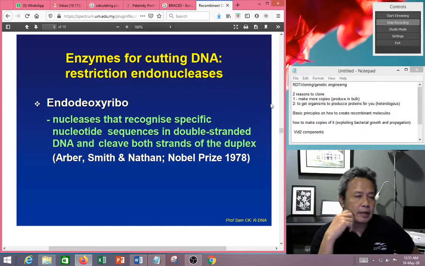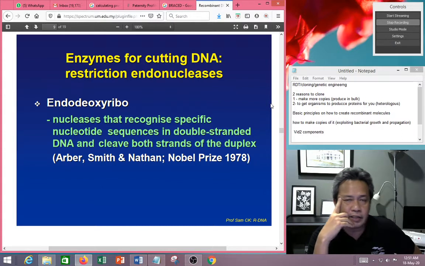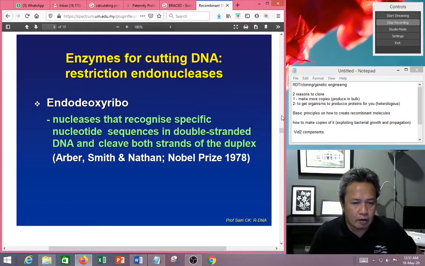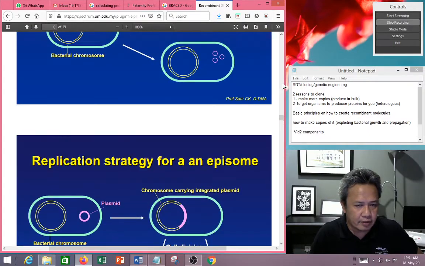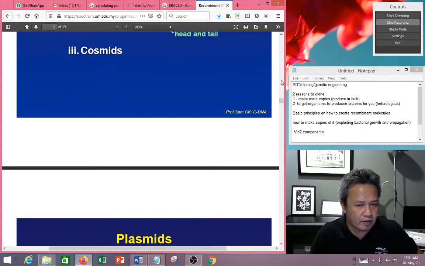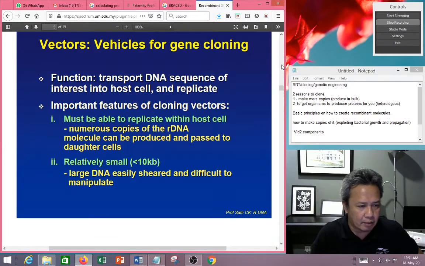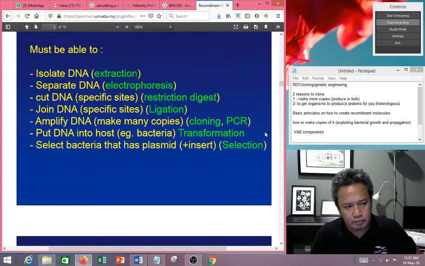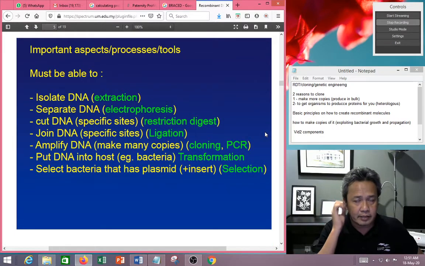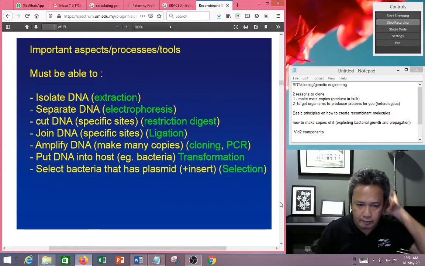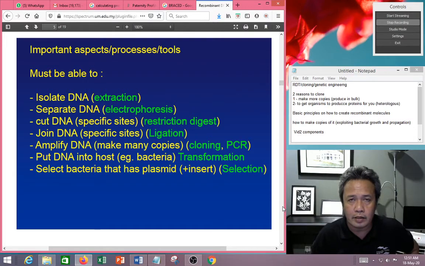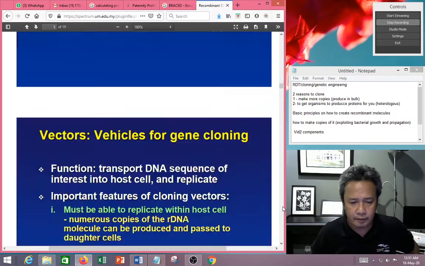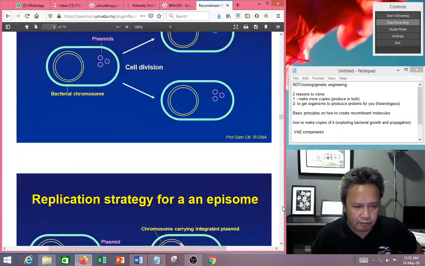Hello again. So in this video I'm going to talk about restriction enzymes. In the previous slides, one of the things we talked about is the ability to cut DNA at specific sites so that you are able to join different molecules together. Key word here is specific, right? Now, before we go into that,